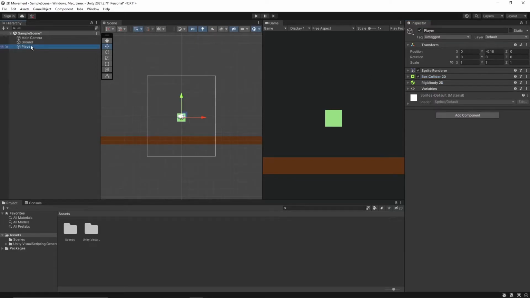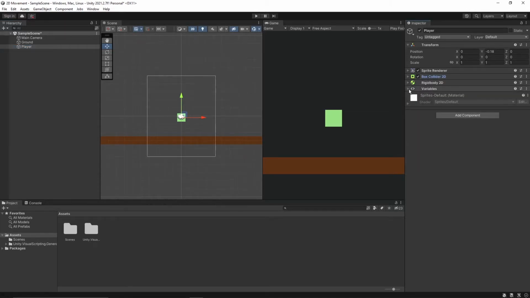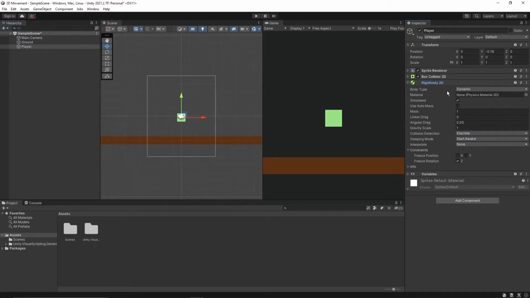Moving on to the player game object. I have again added box collider 2D as well as rigid body to it. So if we add a rigid body component to our object, then it is provided to the physics engine that is being used within Unity.